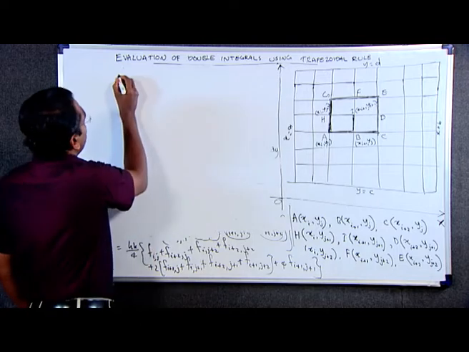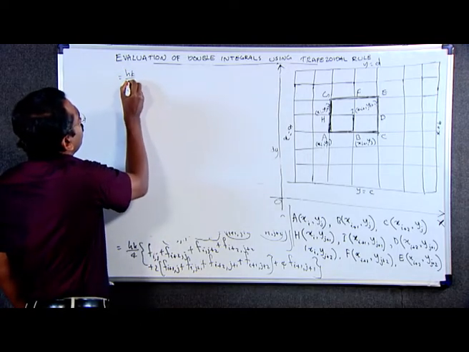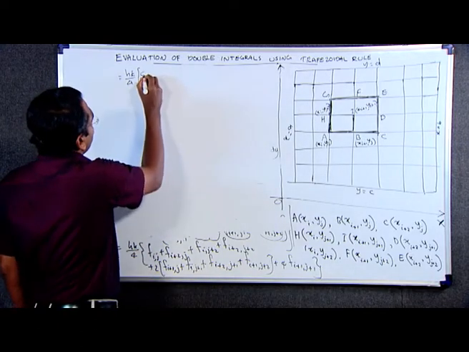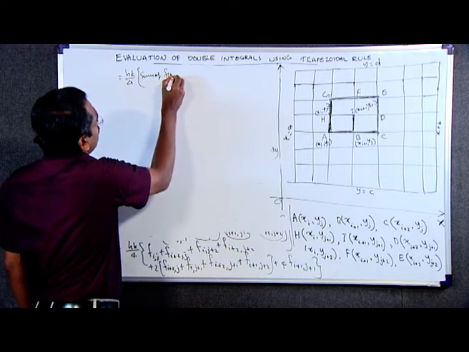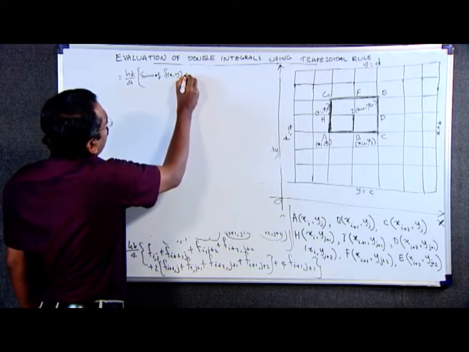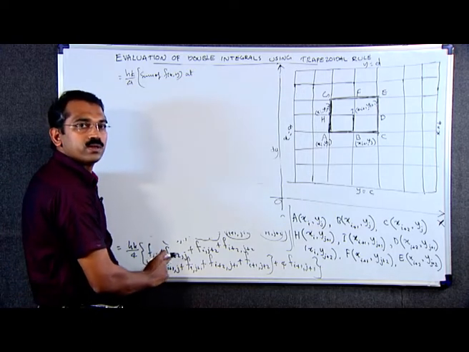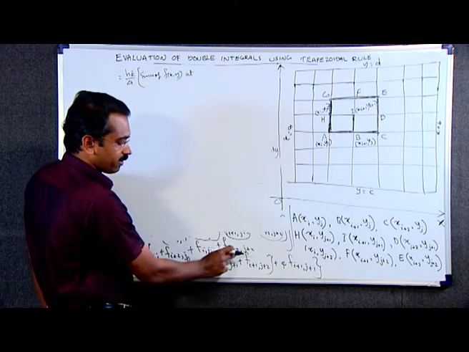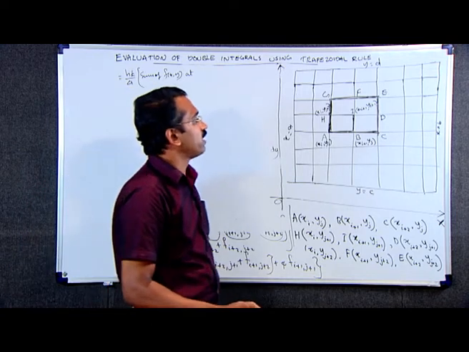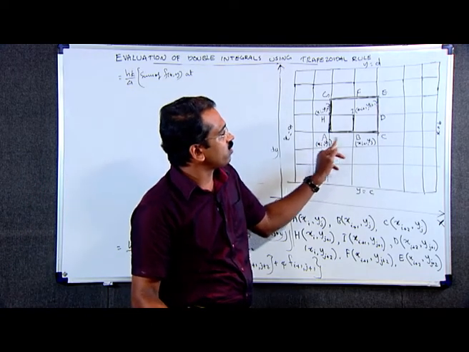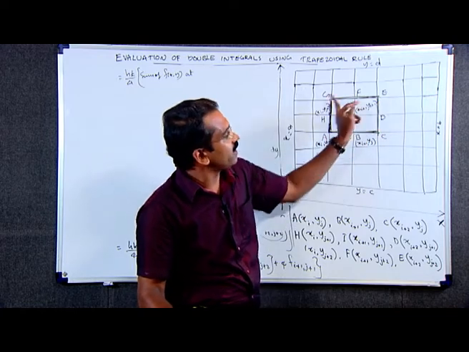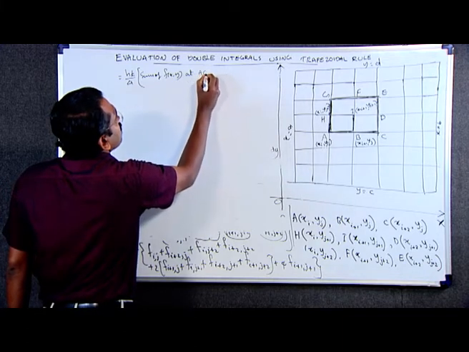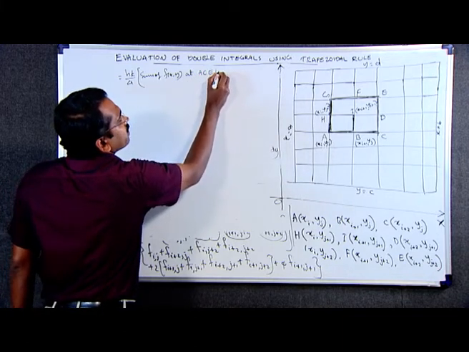We can write this as h into k divided by 4 into sum of the values of the integrand f of x y at the corner points. f i j, f i plus 2 j, f i j plus 2 and f i plus 2 j plus 2 are the values of the function f of x y at these corner points a, c, e and g. That is sum of the values of f of x y at the corner points a, c, e and g